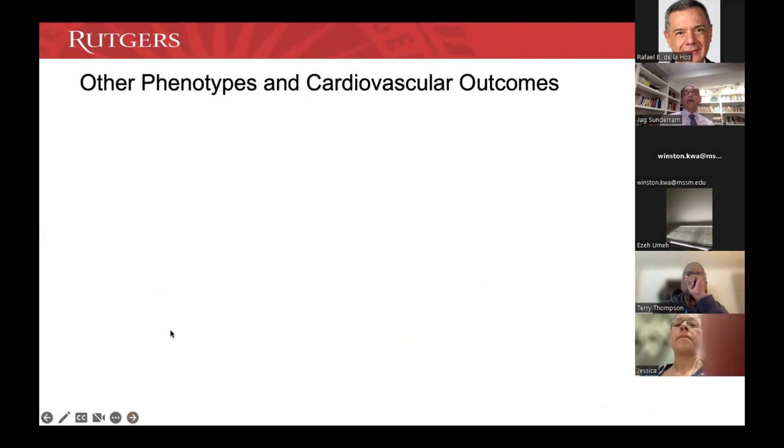So let's look at, okay, so if AHI may, yes, there's some suggestion that hypertension may be death from heart failure and strokes. There's some data that supports it, but there are gender differences that are present for heart disease alone. There doesn't seem to be good support. Let's look at other phenotypes and see what the outcomes are.